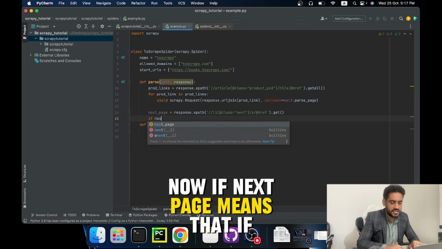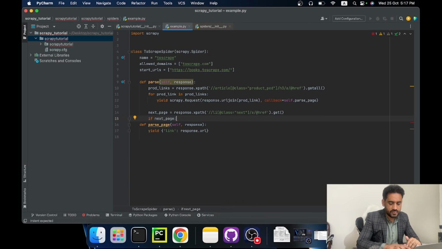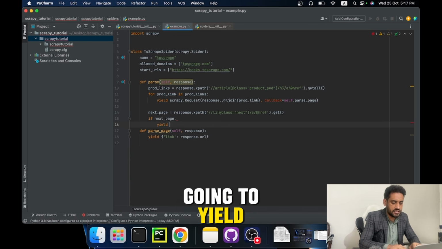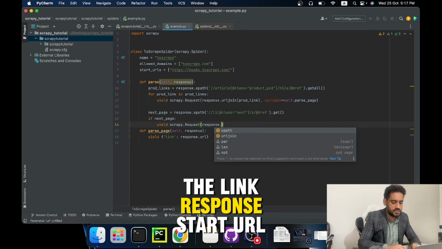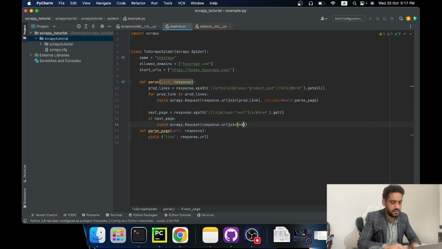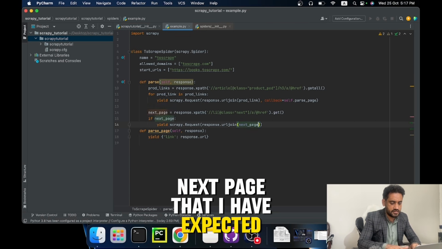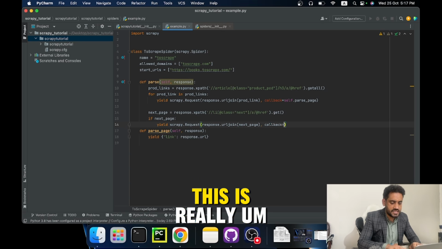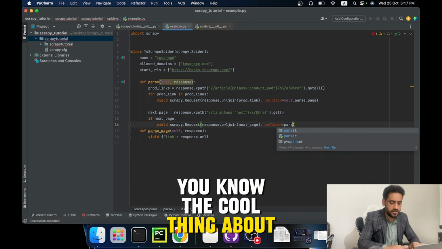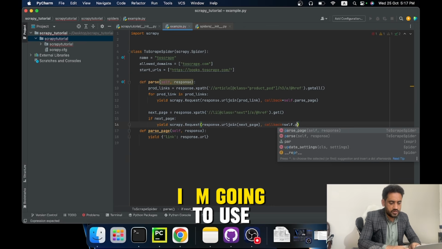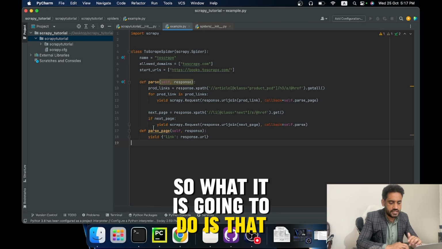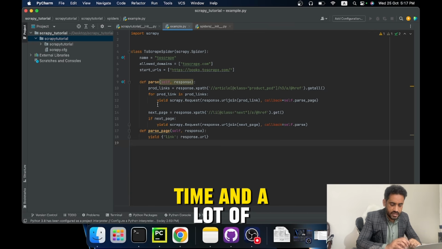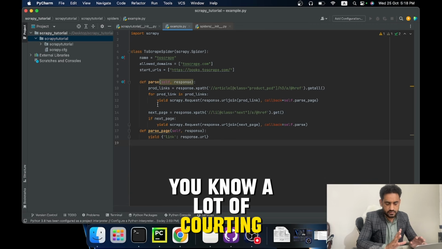If the next page exists, it is going to yield scrapy.request. And now I'm going to use the link response.url join next page that I have extracted. And now the callback. The cool thing about Scrapy is that I'm going to use the same method that I have created above. It is going to save you a lot of time and a lot of coding in terms of